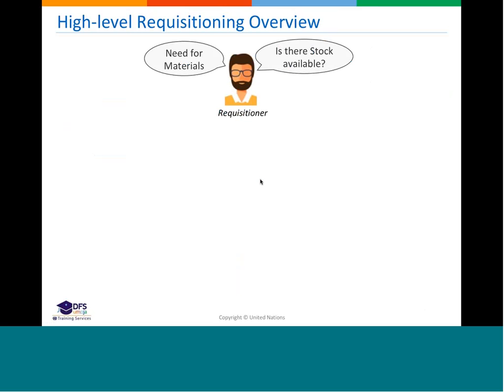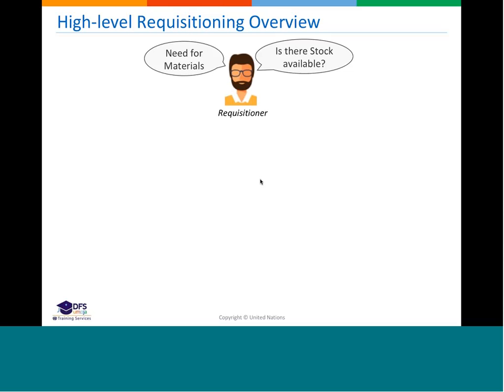The first question you need to ask yourself is to work together with the requisitioner. The requisitioner is the person who will input the data in the system, but you need to work together with them and advise them